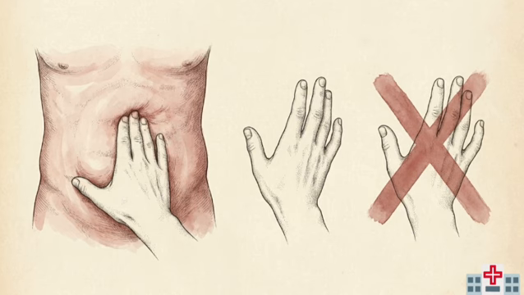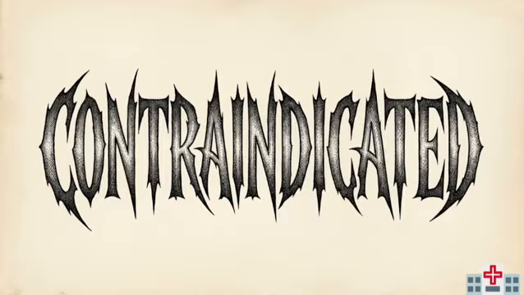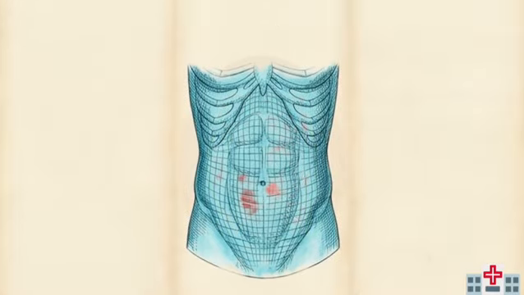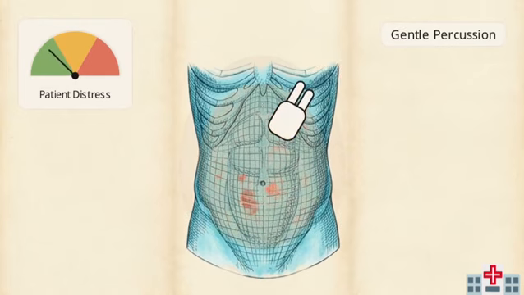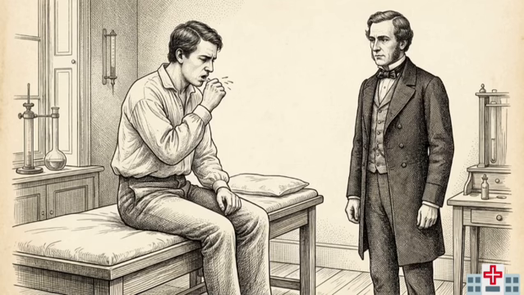When transitioning to the physical exam, the text mandates absolute gentleness. Pressing deeply into an inflamed abdomen and suddenly releasing is strictly condemned. The text explicitly labels this aggressive technique as cruel and unnecessary. There is a superior, precise alternative. The exact same clinical information can be obtained by gentle percussion of the abdomen. Tapping the surface lightly tests for rebound tenderness on a miniature scale without causing extreme distress. Furthermore, simply asking the patient to cough will elicit true rebound tenderness automatically, requiring no hands on the abdomen whatsoever.